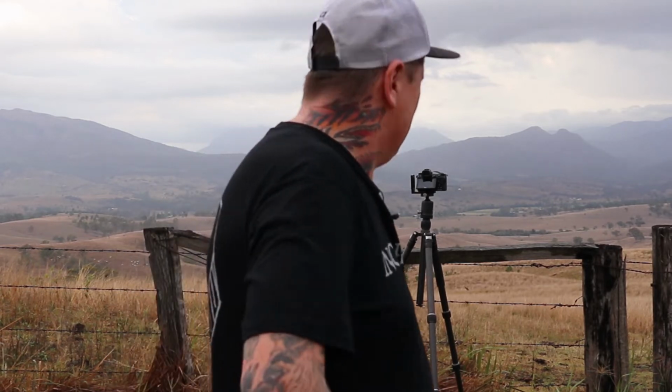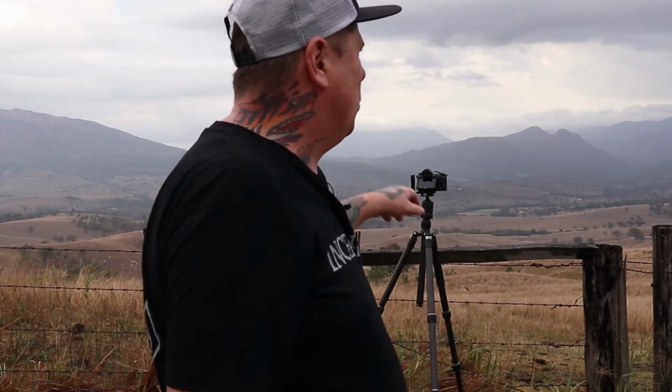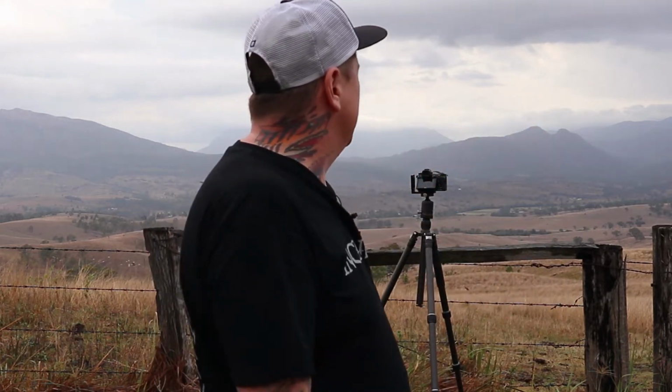So my approach to this, shooting wise, was to do some classic panos again. And I got my 24-70 out and am doing some closer shots in here. What's cool about these clouds is when they do break up, you get beams of light, shafts of light hitting bits of the